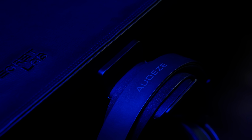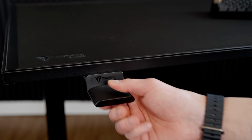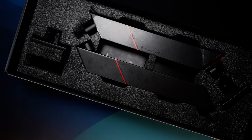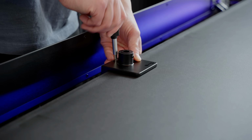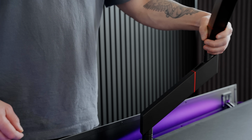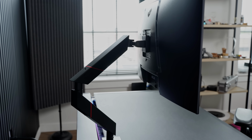They've got an optional aluminum headphone hanger, really heavy duty, also magnetic. They've got monitor arms in single or dual. I went with the single because I don't always use dual monitors. These install in 3 parts, so base, lower, and upper. These are rated up to 17.6 pounds. This one's holding that new LG dual mode OLED